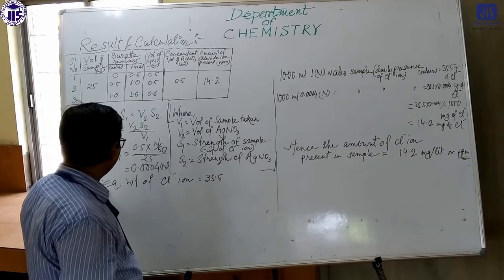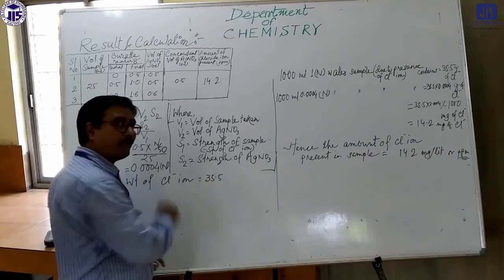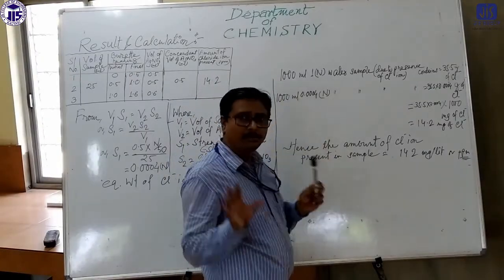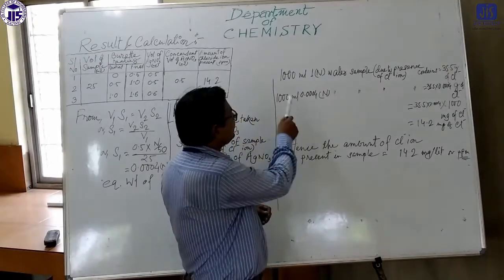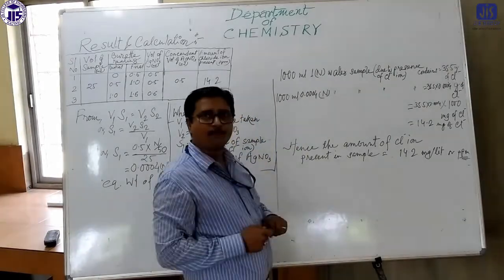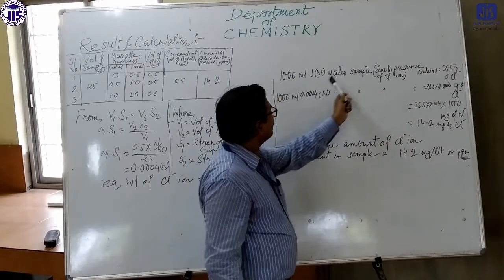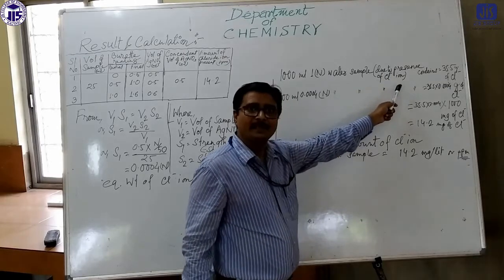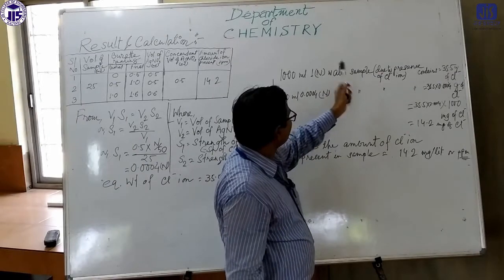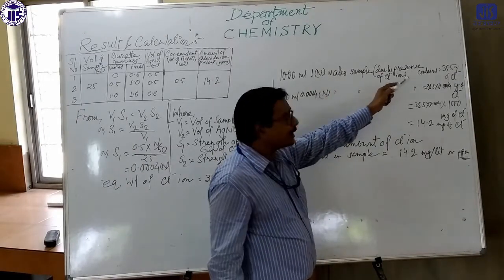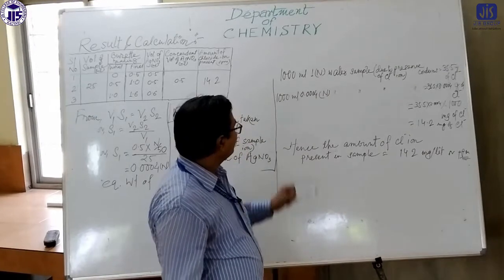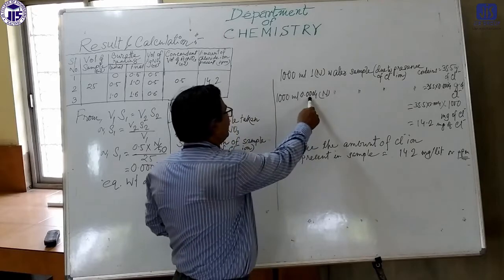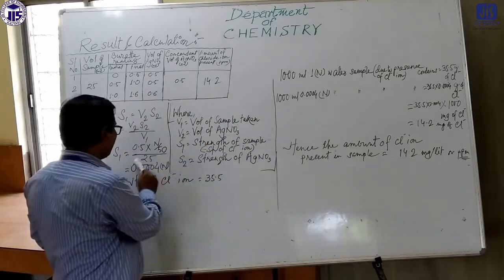Now the next part. All of you know, I think, the equivalent weight of chloride is 35.5. Now if we do the calculation by the simple unitary method: 1000 ml of water sample, due to the presence of chloride - always you have to mention this, because actually we are determining the chloride which is present in the sample. So one normal solution, due to the presence of chloride, contains 35.5 gram of chloride. Then by the unitary method, 1000 ml of S1 normal. Instead of S1 you can write this value, because we are already determining it here.